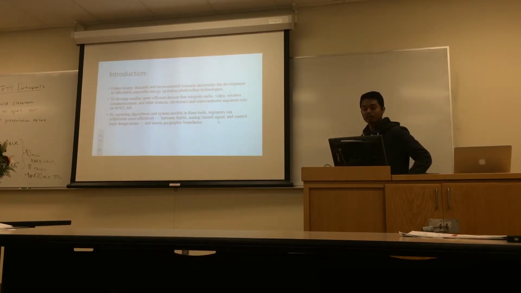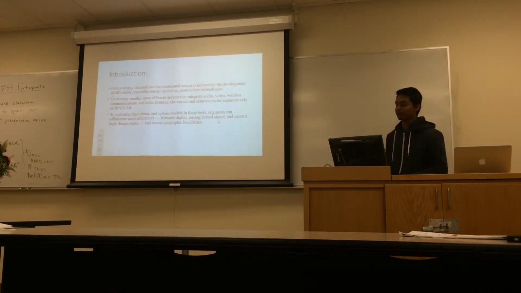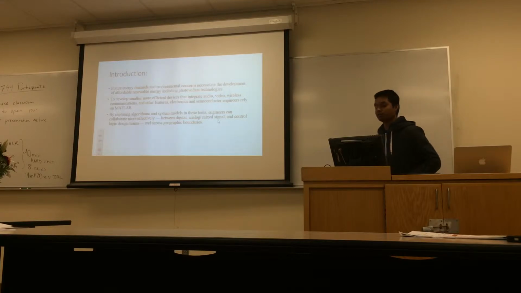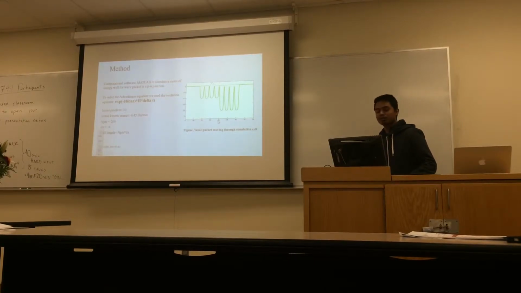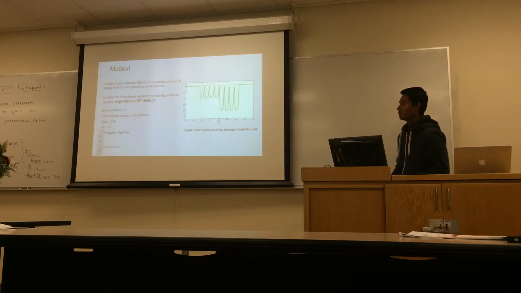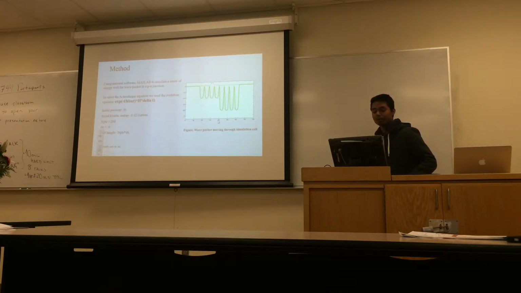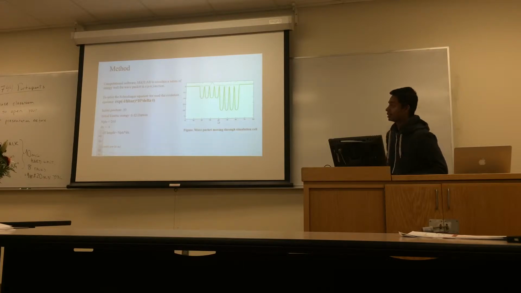there is a little endeavor to understand how a wavepacket moves through the interface of the p-n junction. So we use MATLAB to simulate a series of energy wells for the wavepacket in the p-n junction, and we solve the Schrodinger equation using the evolution operator. The well is shown in bold letters, and